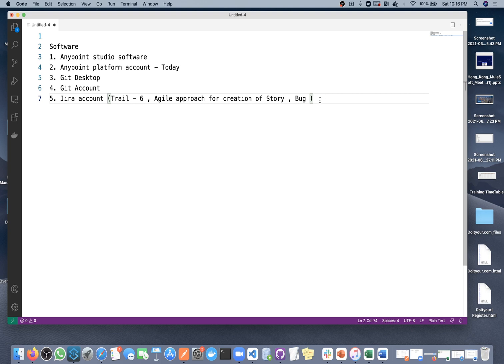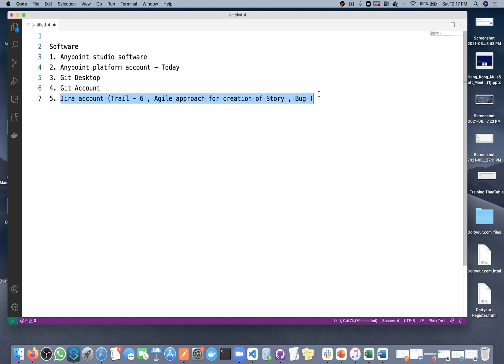Okay, so at this moment I can identify we need this much software. If you don't have anything, then by end of day today, after this meeting, you need a few software, like Git desktop, you need now only. These two you can install today. This account you can create by end of day today. Then for Jira I will explain everything.